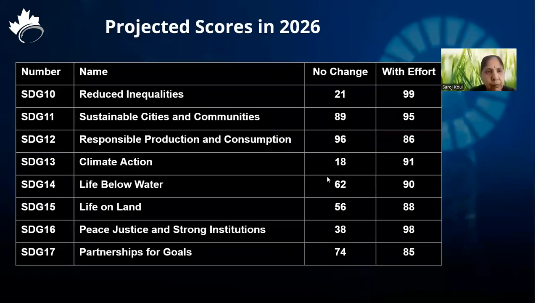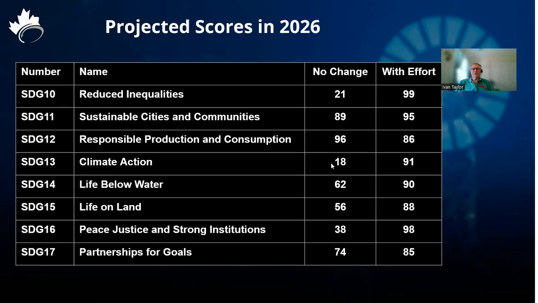And here we have climate action increasing quite considerably from the no effort, no change scenario, and similarly, reduced inequalities has improved quite a bit. That's because of the synergies in the system. We actually didn't devote any effort to reducing inequalities, but by improving the other SDGs, we actually were able